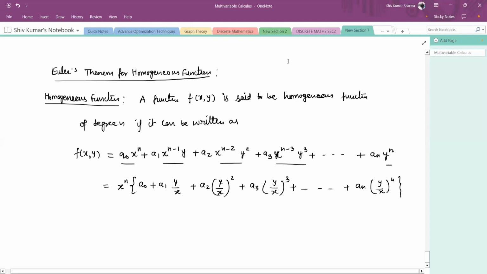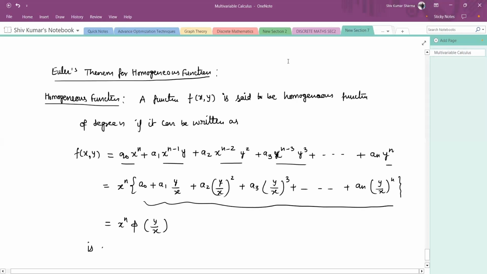So this expression we can denote as a function of y upon x. So this equals x raised to the power n times a function of y upon x. This is called a homogeneous function